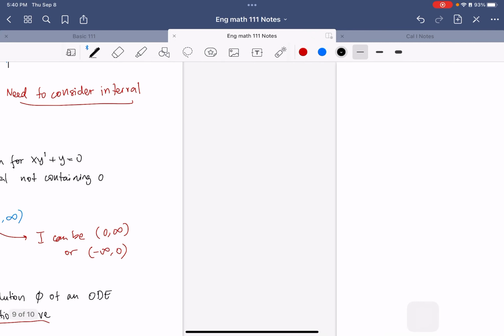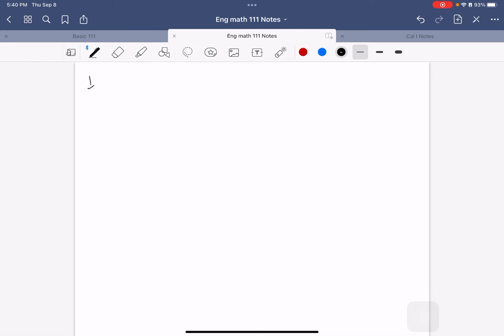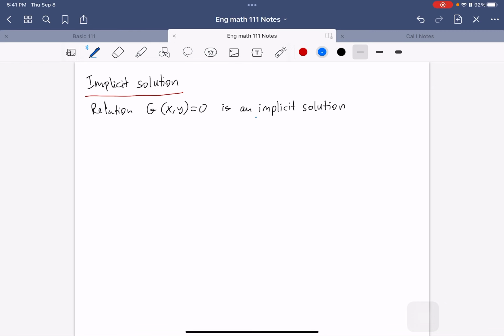All right. Now the implicit solution. So a relation, let me write, relation function g, let's say g(x, y) = 0 is an implicit solution of the ODE, okay,